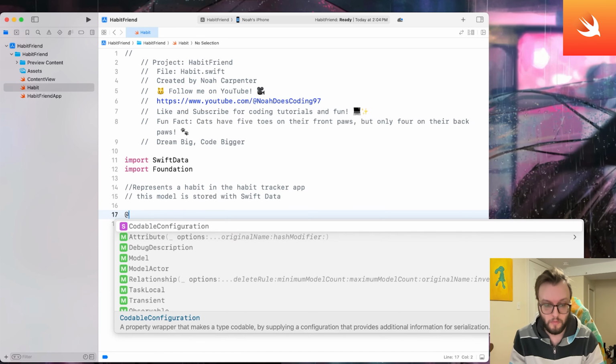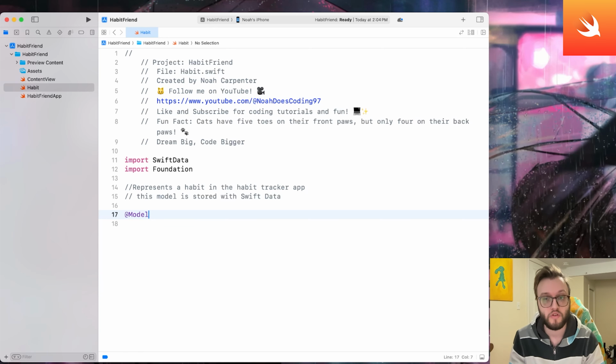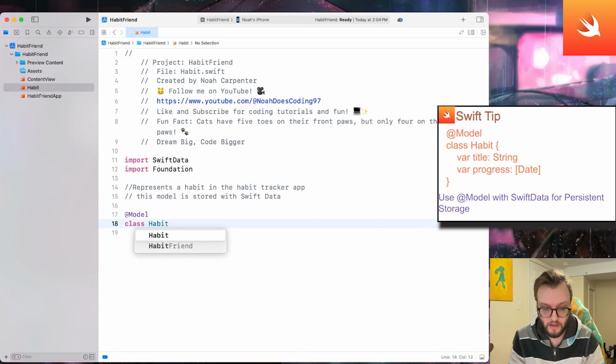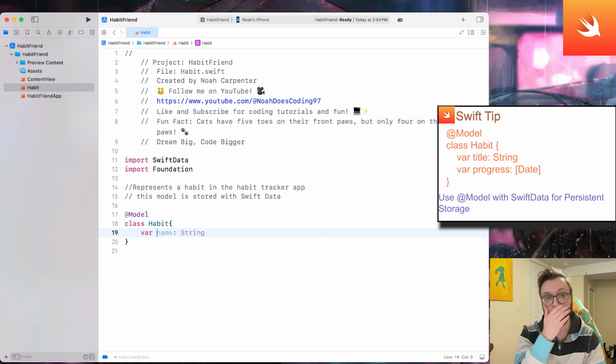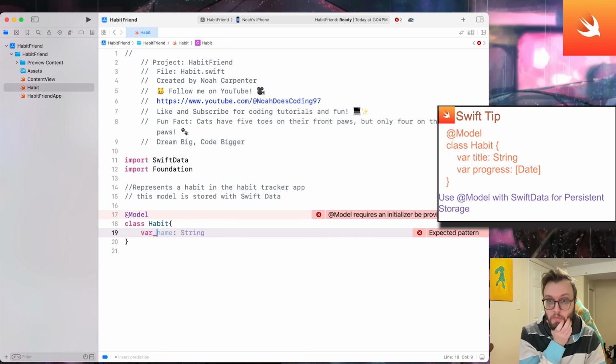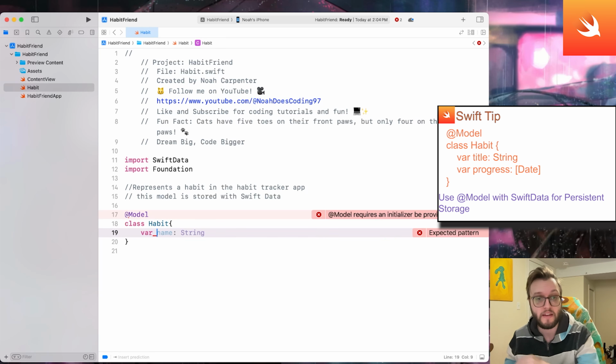Great. So when we're creating something with SwiftData, we're going to use the @Model, and then we'll create a class of Habit. I'm going to use a capital H here. Going to add a brace, and here's where we'll have our different variables. So for my example, I'm going to have the title, the details, and we're also going to store the createdAt date and the progress,